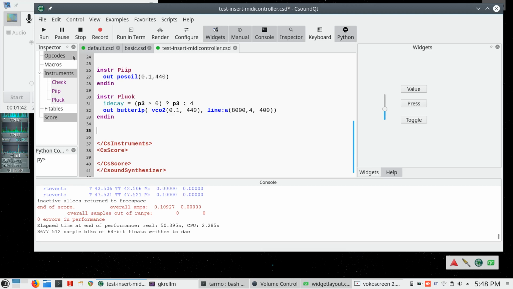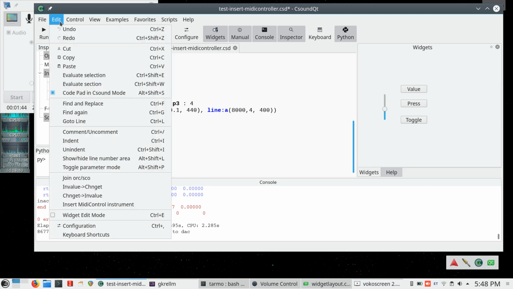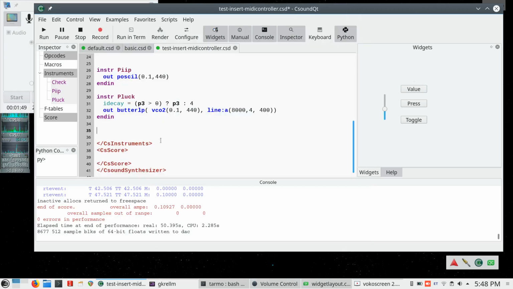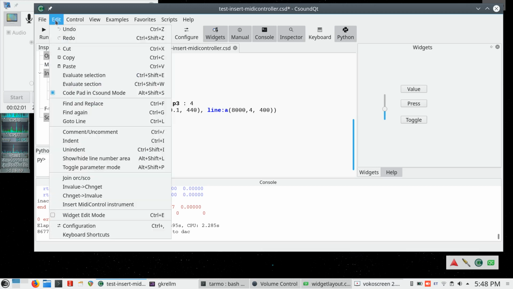I created some code in CsoundQt that takes the MIDI bindings and generates a Csound instrument that takes care of handling the MIDI controller channels and